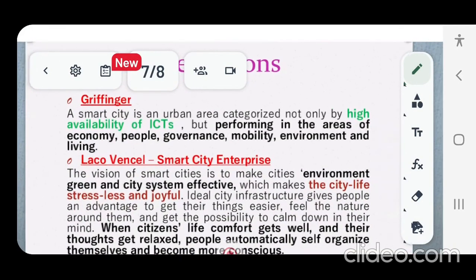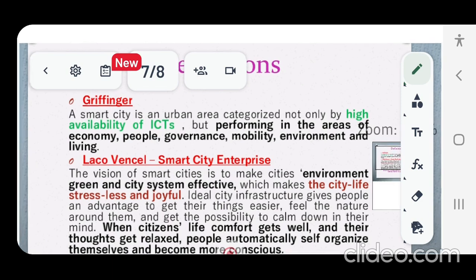According to Kissinger, a smart city is an urban area characterized not only by high availability of ICTs, but also by performing in the areas of economy, people, governance, mobility, environment, and living.